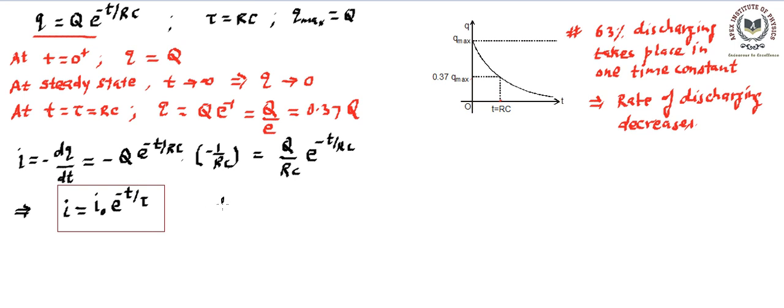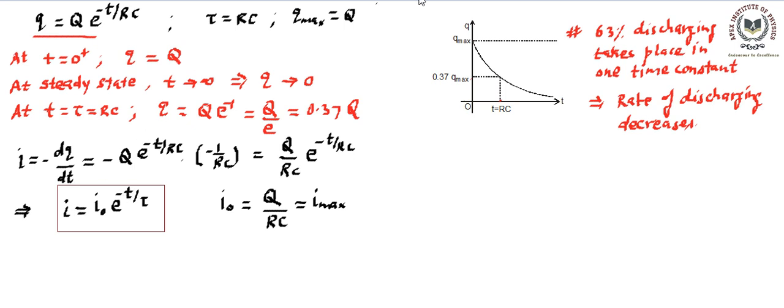Here I have written this term I naught. What I naught indicates is basically the initial charge divided by RC. You will find this I naught is going to be I max basically. So that's the maximum current in the circuit. You can see from here when the maximum current takes place. When the time is 0, I is equal to I naught. When the time is long enough, you will find current will become 0.